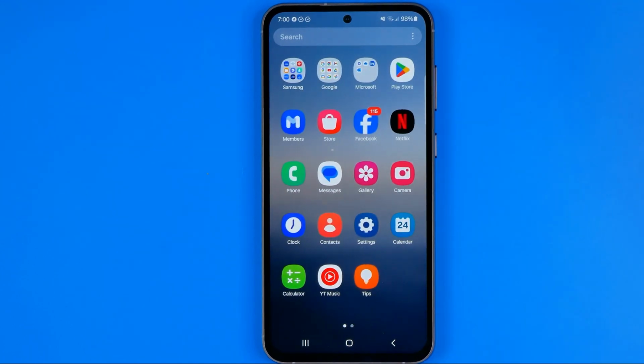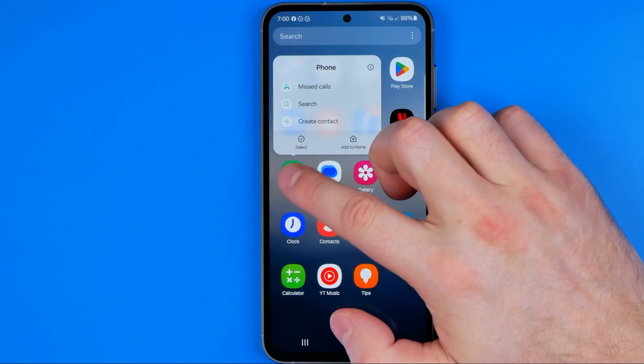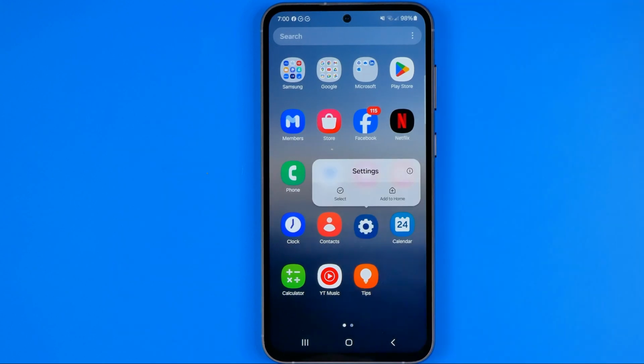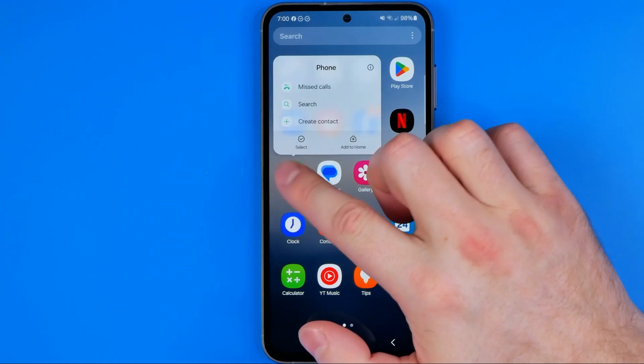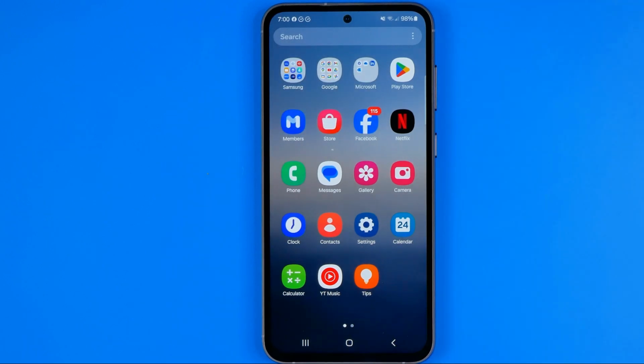However, here we got an exception. We cannot delete every app that we want to delete. All the basic system applications such as phone and the settings, we cannot delete from our device. As you can see in that pop-up, we cannot find the option to uninstall that applications because they are basic